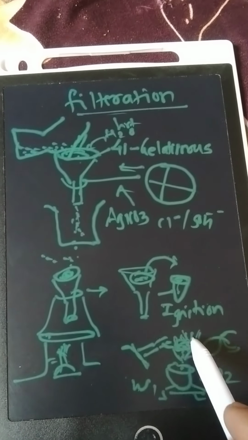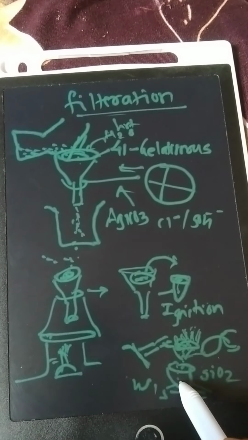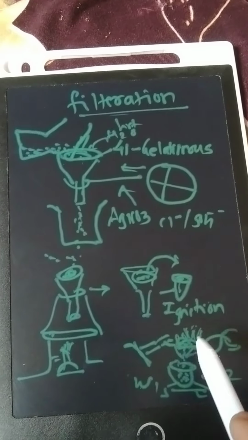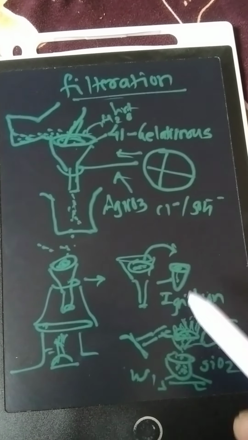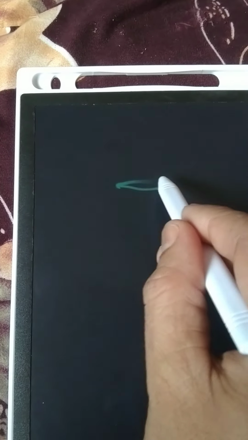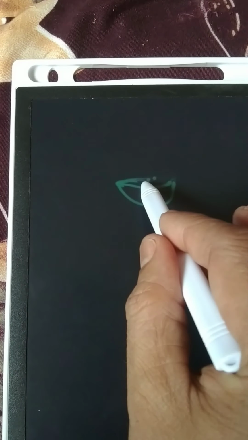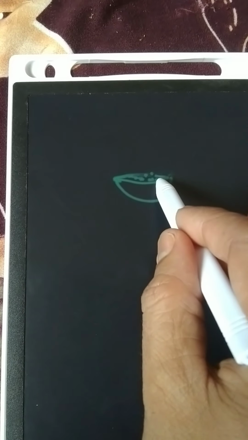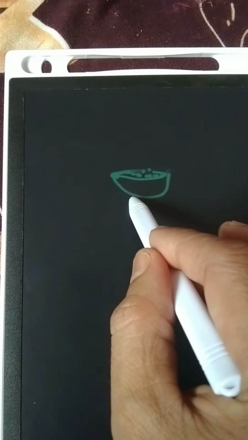Ashless paper is there, so ash is collected in the crucible with the residue. Paper gets burnt and fumes go out. After this ignition step, what happens? In the previously weighed silica crucible, we get the residue, and it is freed from paper ash after